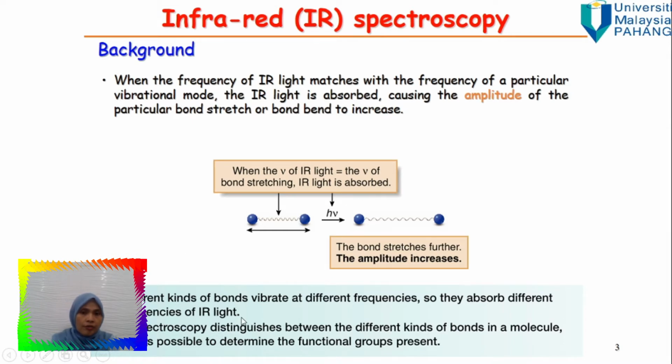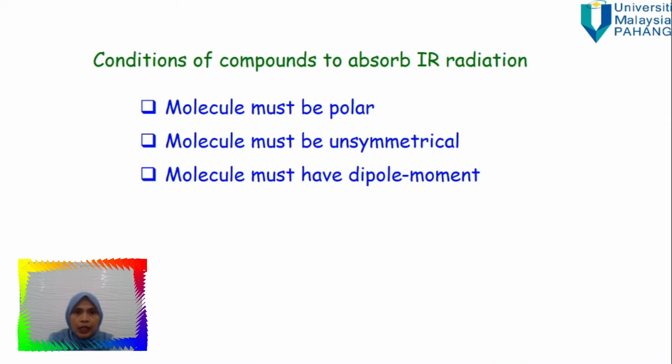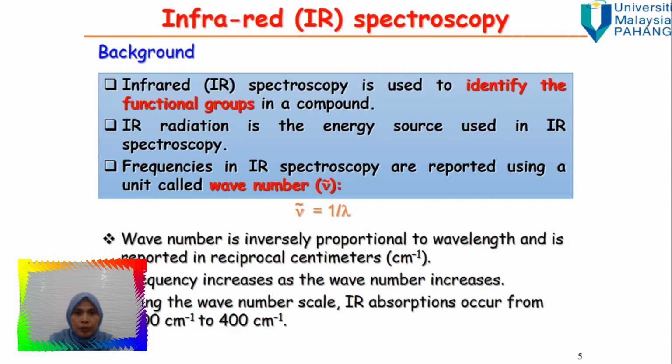Different kinds of bonds vibrate at different frequencies, so they absorb different frequencies of IR light. That is why IR spectroscopy can distinguish between the different kinds of bonds in molecules, so it is possible to determine the functional groups present. For compounds to absorb IR, the compounds must be polar, must be unsymmetrical, and must have a dipole moment. IR spectroscopy is used to identify the functional groups in a compound,